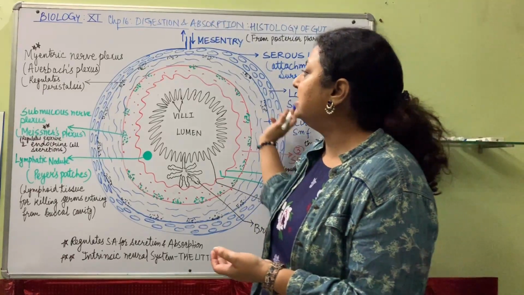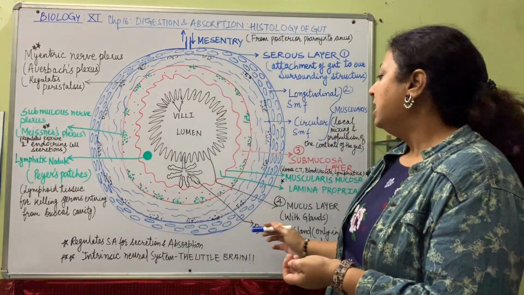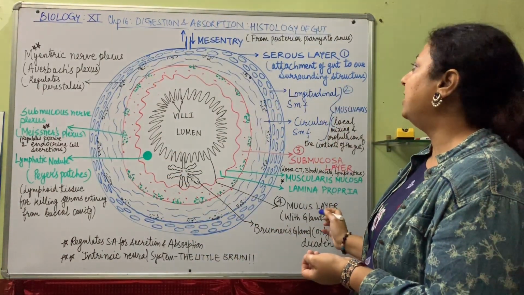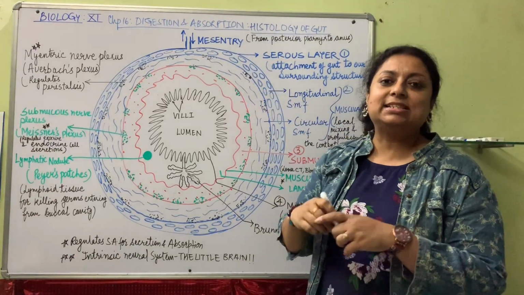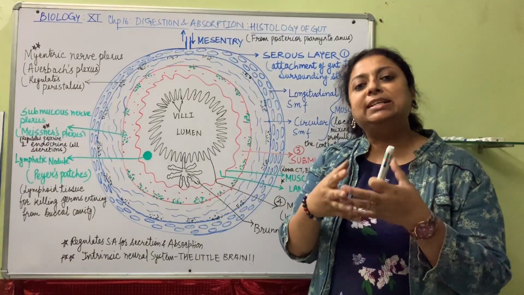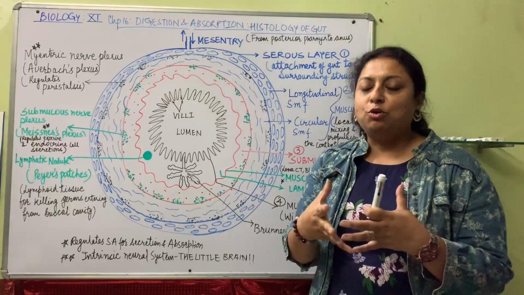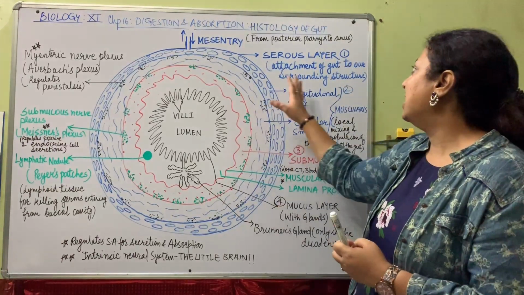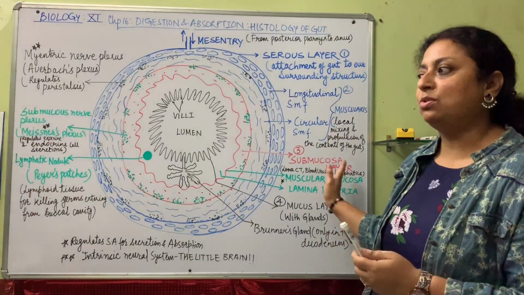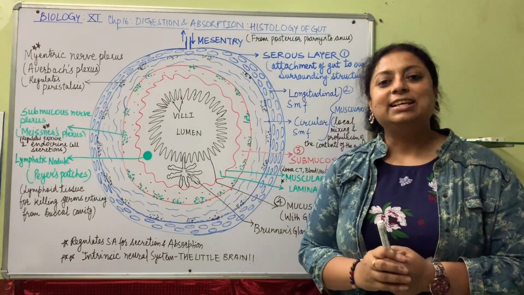So like this we can see all the different parts here, and this is the mesentery, the coelomic wall which attaches the entire alimentary canal with the coelomic pouch, right? I hope by studying this you have understood the video very nicely. Thank you so much.